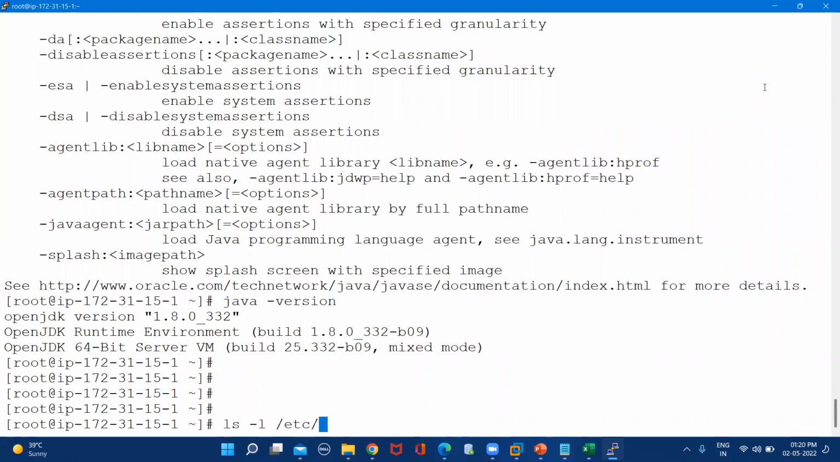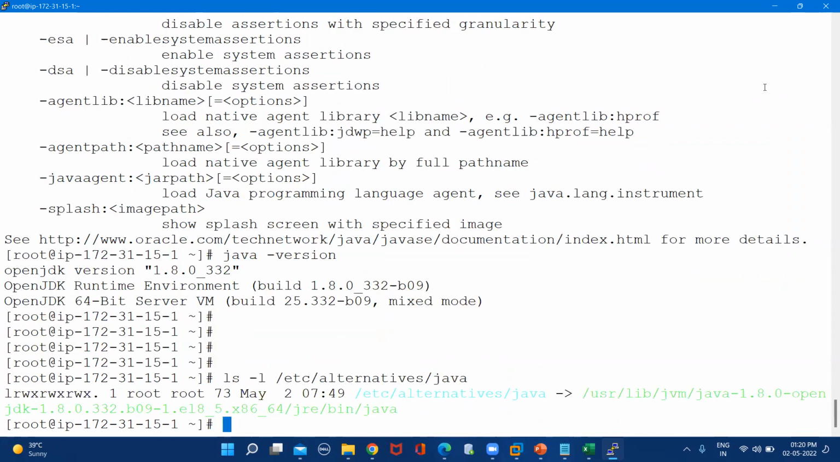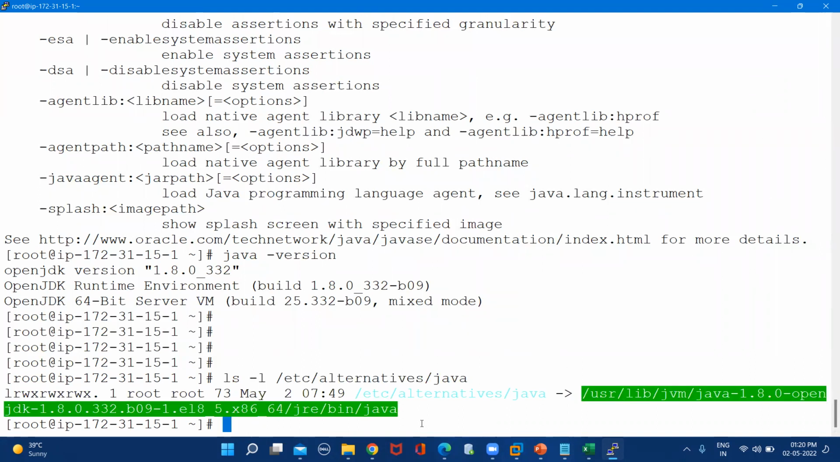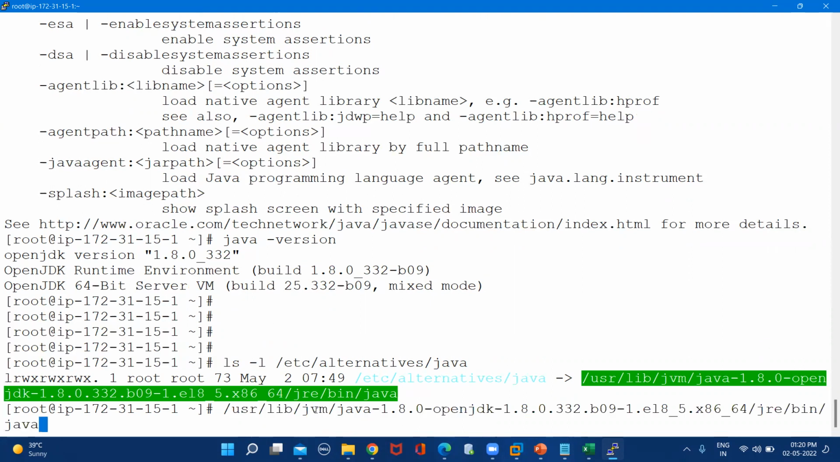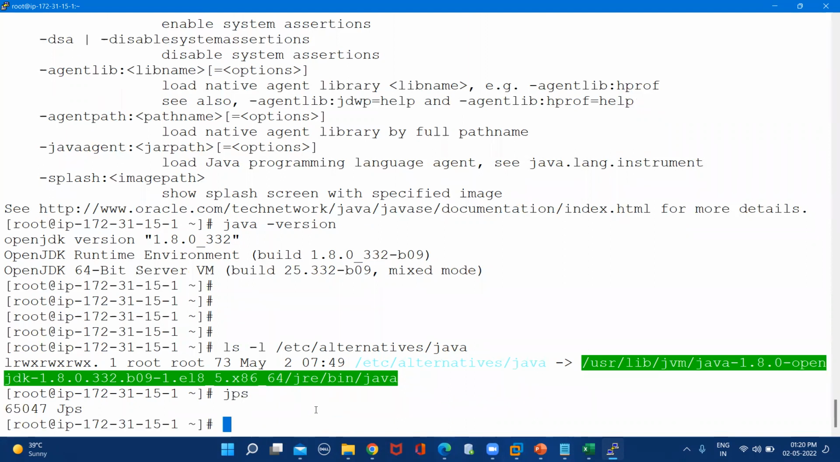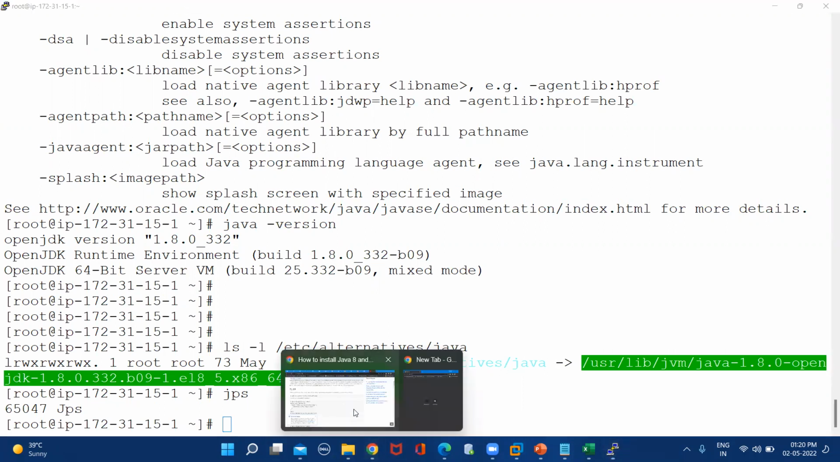Now, where is this Java located? It's in alternatives, java. Now if you type jps, it should show the Java process ID. Copy this Java path and paste it in /etc/environment. Add user hadoop, add group, and then what you do is